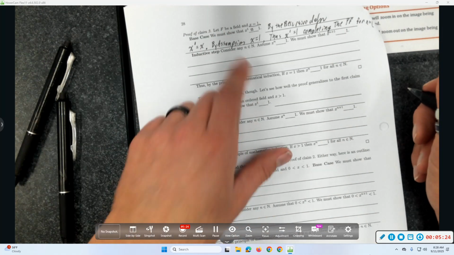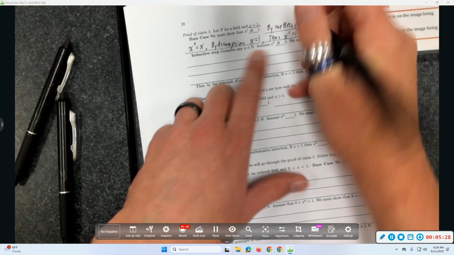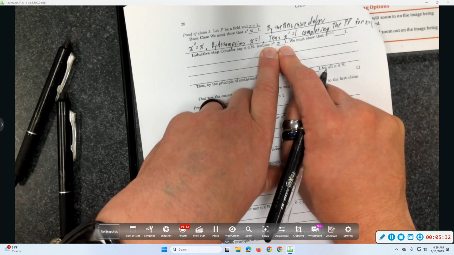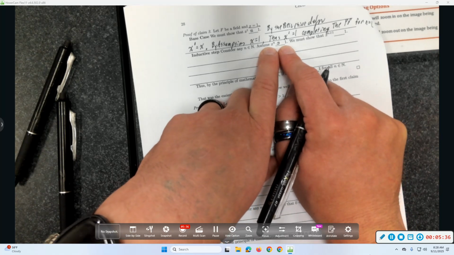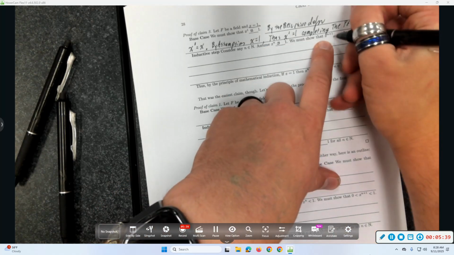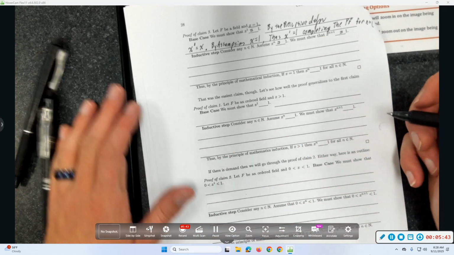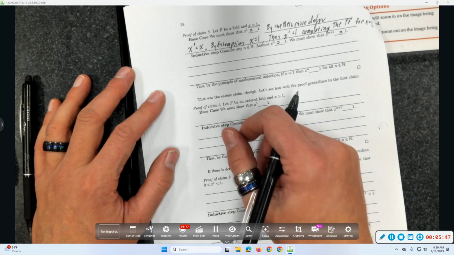Inductive step. Let's now consider any natural number n. I'm going to assume that x to the n equals 1. So I'm fixing a natural number. I'm assuming that the thing I want to show is true for this fixed natural number, not for every natural number, for this fixed natural number. I now need to show that the claim is true for the next choice of n, for n plus 1. So notice, I'm not saying anything like